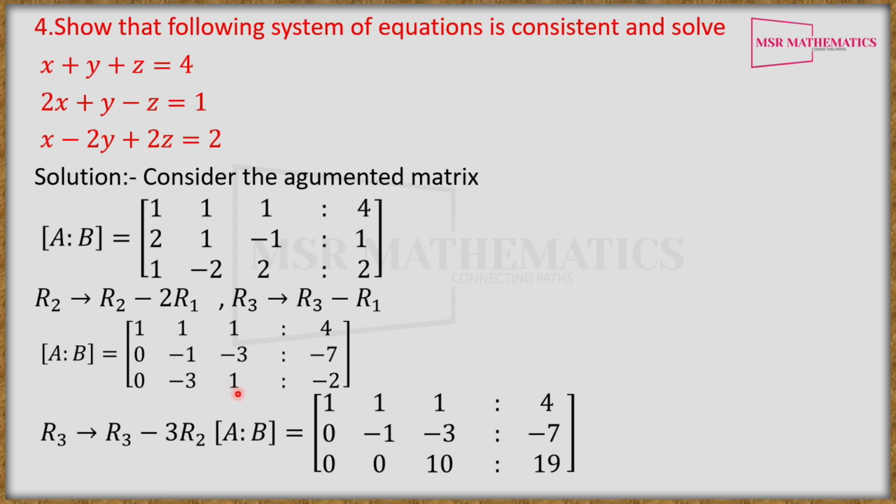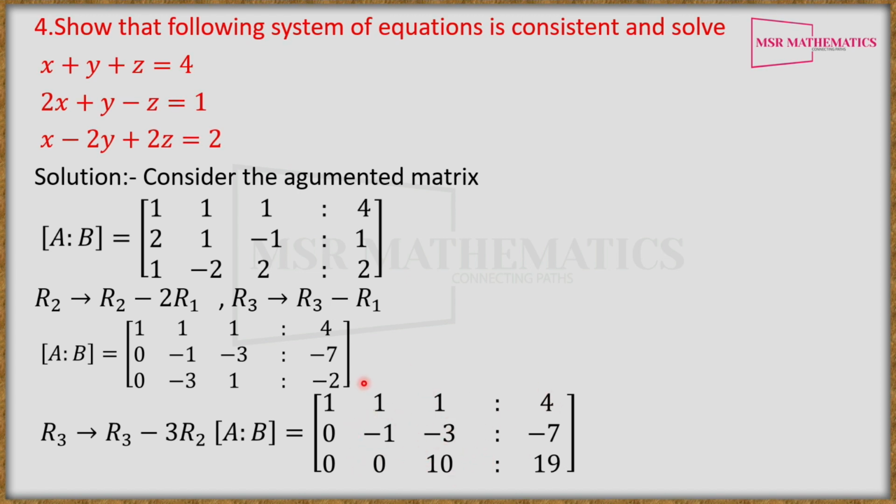So here we have 1 minus 2 plus 3 into 3 is 9, 1 plus 9 is 10. Here we have minus 2, and minus 2 plus 7 into 3 is 21, minus 2 plus 21, we get a value as 19. So we reduce this to an echelon form matrix. Here A is this matrix, and here A|B is this one.